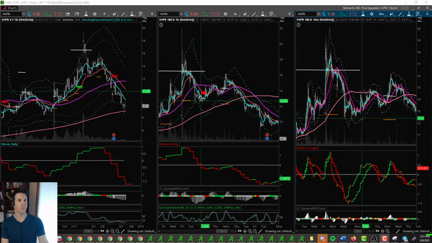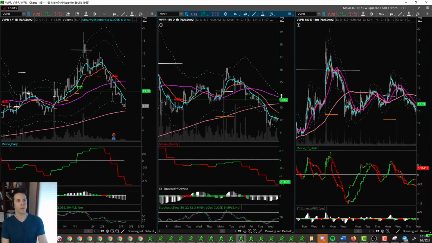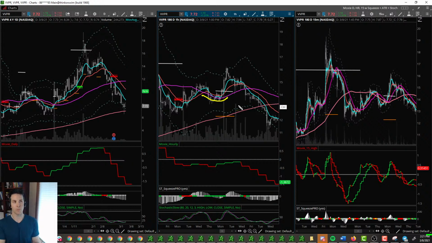And this time, if we zoom in a little bit, I thought that this now was what I was looking for. I wanted to see price come back down into the hourly 50, wanted to see the hourly 50 level out and become support, and then see price come up. So I applied that, and sure enough, we went in here, and that was a good trade for the time being. So I applied one lesson, and that worked out well.